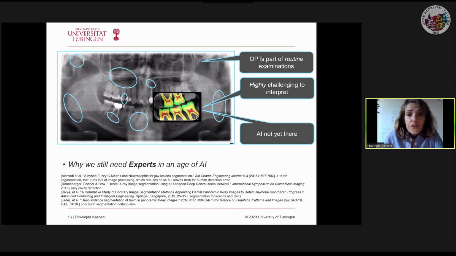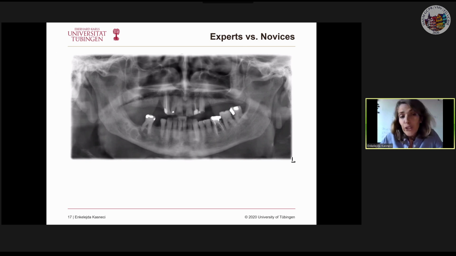However, there are decision support systems that are going to come, and they'll hopefully be at the stage where they can really support decision taking in the dentistry area. In the meanwhile, we need to train people to look at images at best and to develop conceptual knowledge on those. Just to give you an idea of what this is about, I'm showing here an OPT,